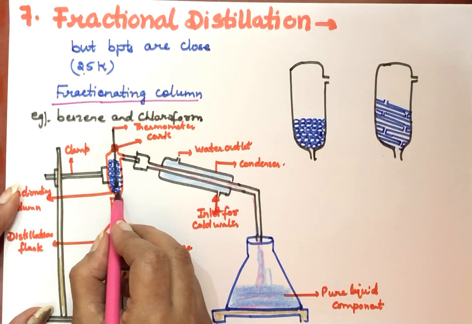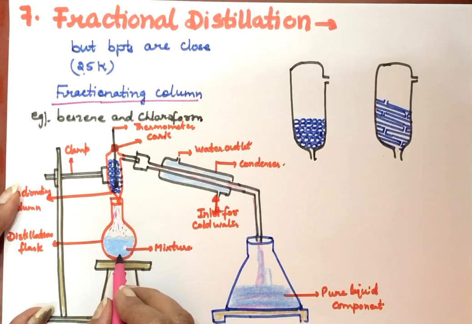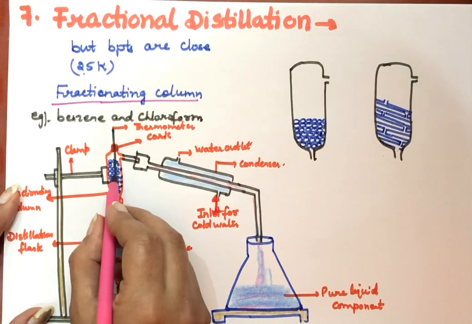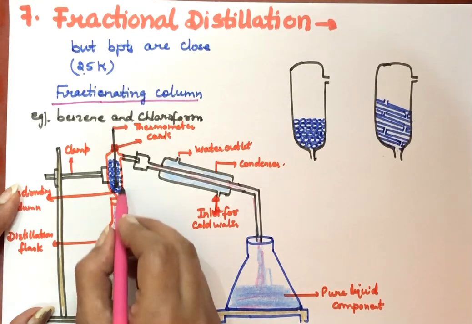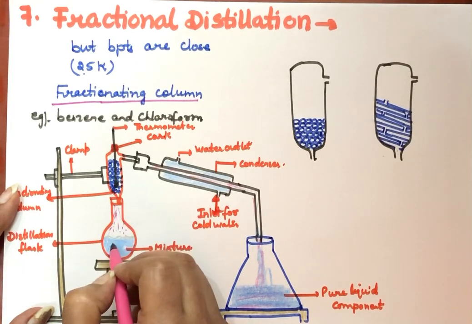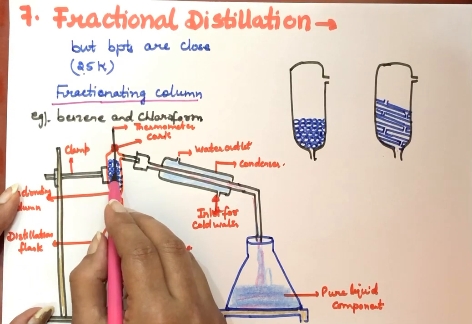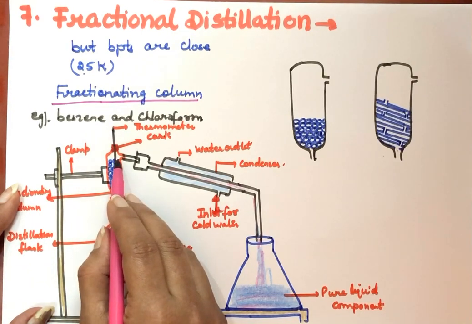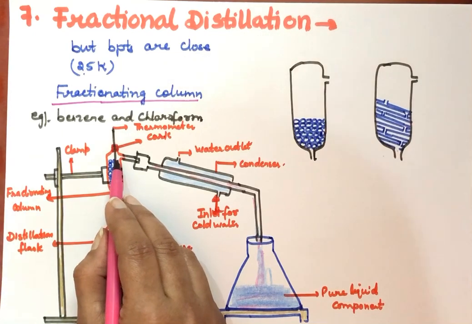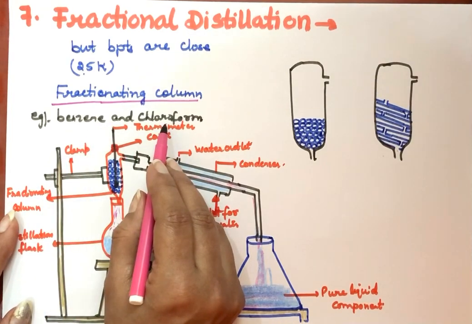When the vapors reach here, they will start condensing and fall back, again they are heated, again they move up, and again they condense like this. This process keeps going. But slowly, during this process, the vapors get the chance to move to the top part. Which component will reach the top first? The one which is more volatile. Out of the two, chloroform is more volatile because its boiling point is low.